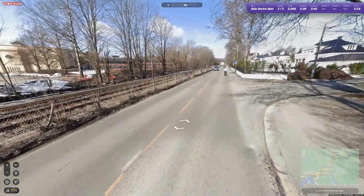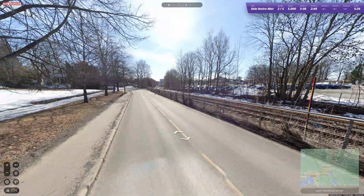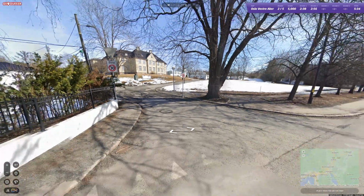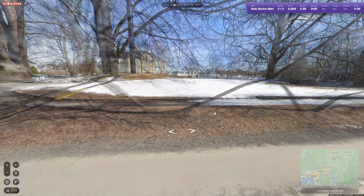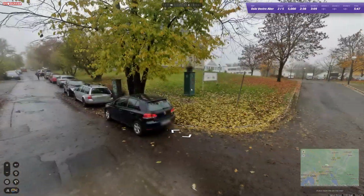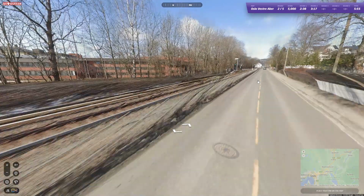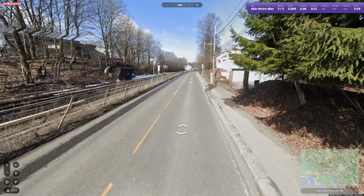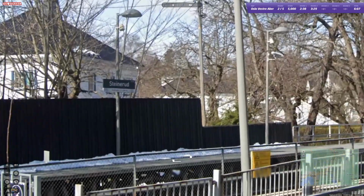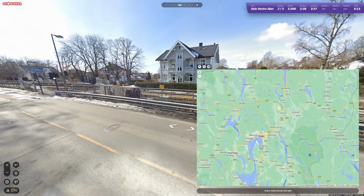If I could, yep, here we got one of the subways or suburban lines. Now, if we could find a stop here, that would have been absolutely brilliant, because that would have given me a fair chance to figure out where I am. Although, that building, did I see a sign? What could this be? Ah, blast. There are some large buildings over there as well. Now, there isn't all that far between the stops on these lines. Here we are. Steinerud. And of course we wind up at a stop that I have no idea where is. But I reckon...